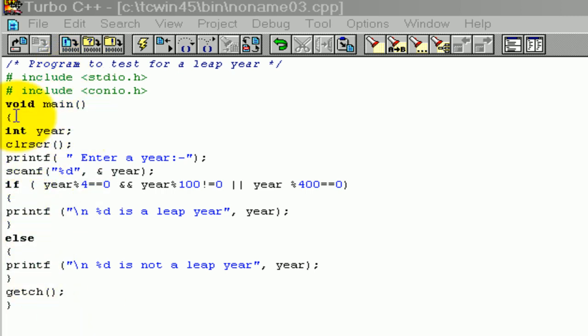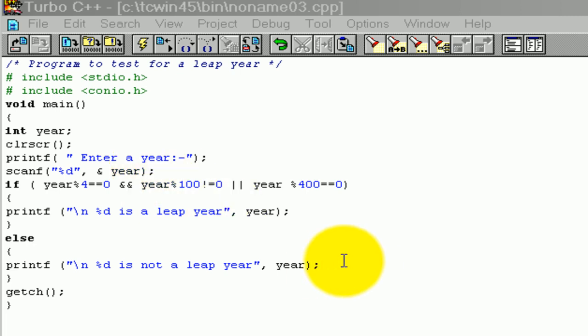First, type the program without any mistake. Type the whole program without any error. There is no blank space. There is no missing semicolon. We check the semicolon in every line.